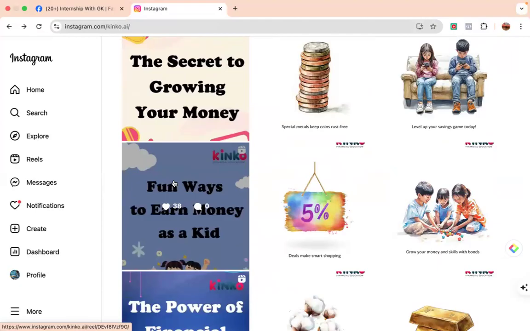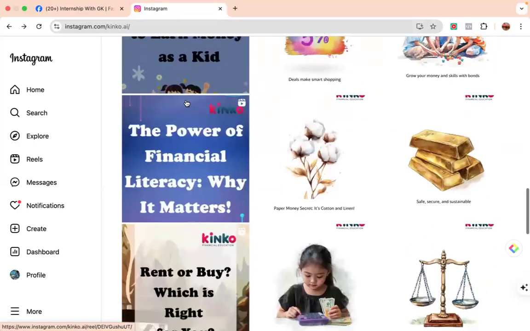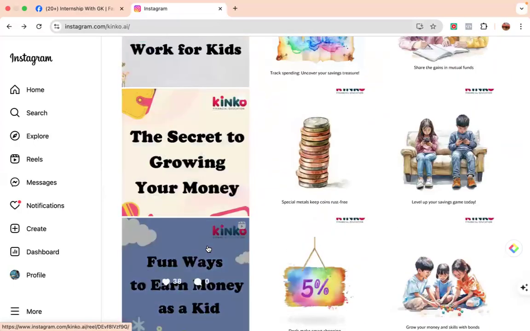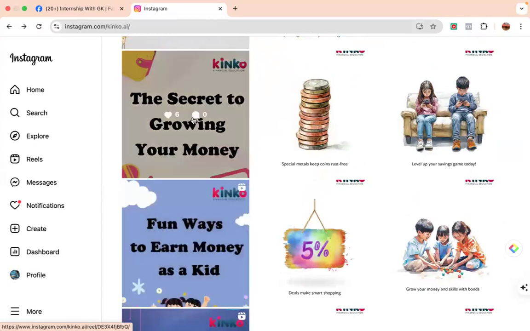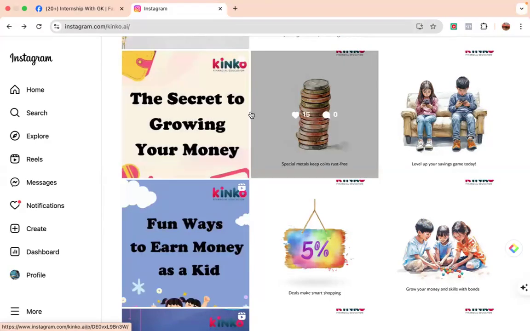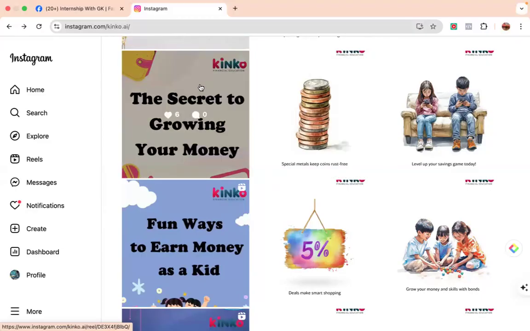out of sight is out of mind in the marketing world, whether it is offline or online. So in our case, the person here has been putting different posts continuously, which is what makes this particular profile active. Because followers are able to see some post or the other, and if this name Kinko is able to register at the back of the mind, whenever there is a need for this particular service, the followers can come to this.